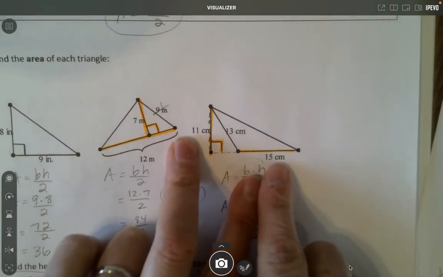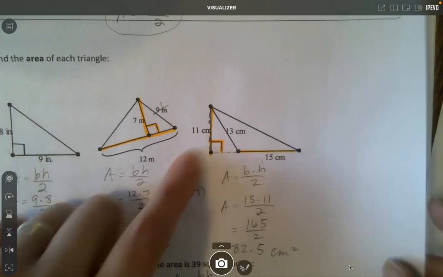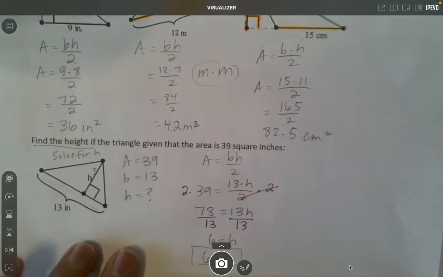I think these problems here where you're given lots of different numbers and you've got to find the base and height can make it a little more challenging. And then these ones at the end where you're given the